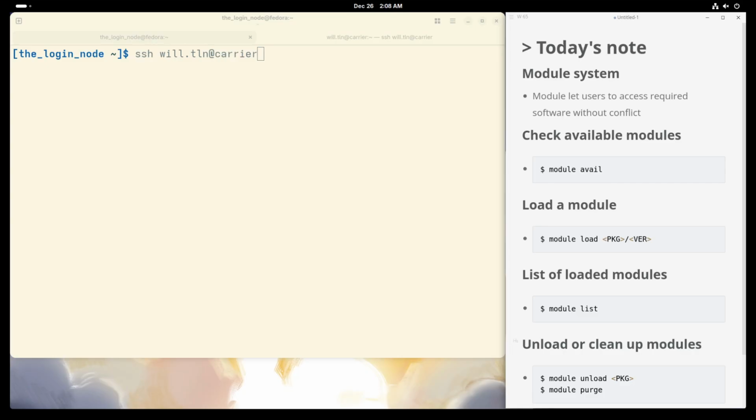This is Will. Today, we'll cover the basic module system on HPC. On your own machine, you can simply install software with sudo apt-get or sudo dnf. Unfortunately, HPC is not your private machine, but a shared resource among researchers and scientists in your organization. Therefore, in the HPC world, we use a different approach to manage software. Let's look into how we can use the tool we need for our research.